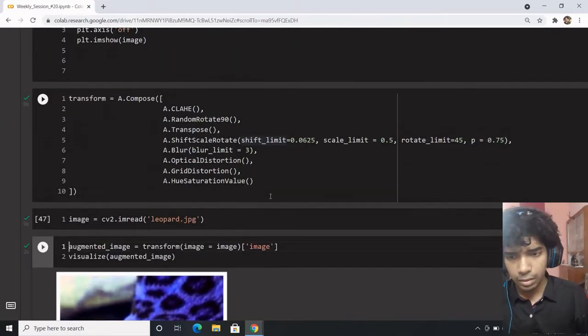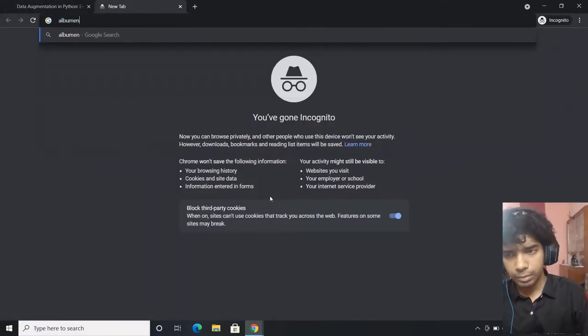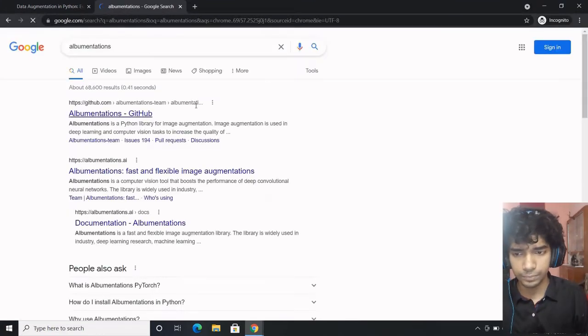Let's discuss a bit more about Albumentations.